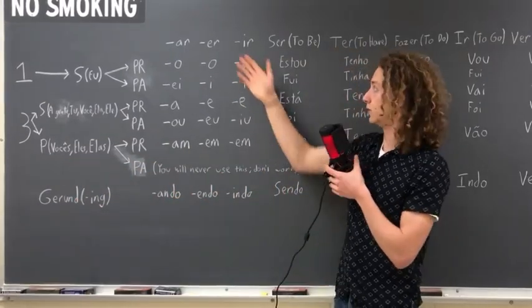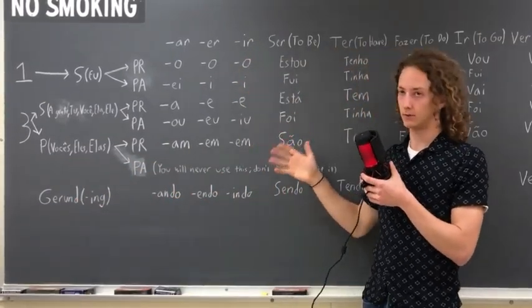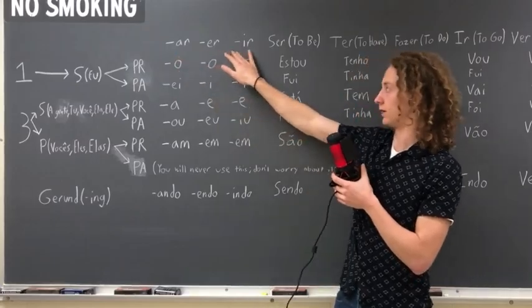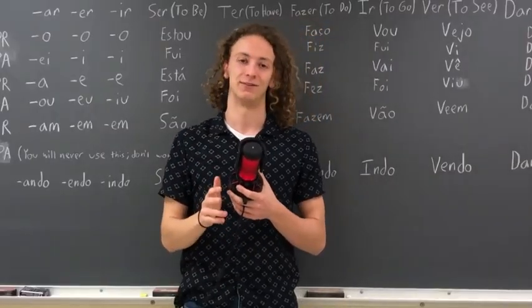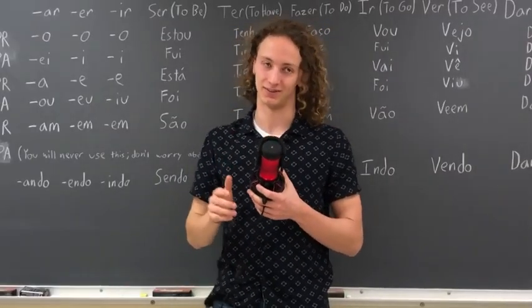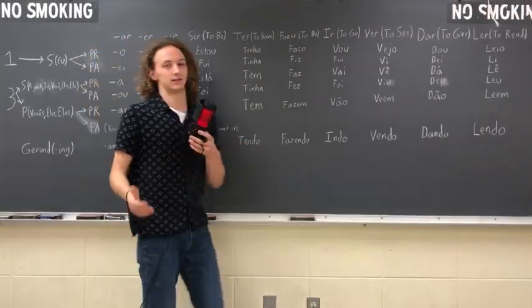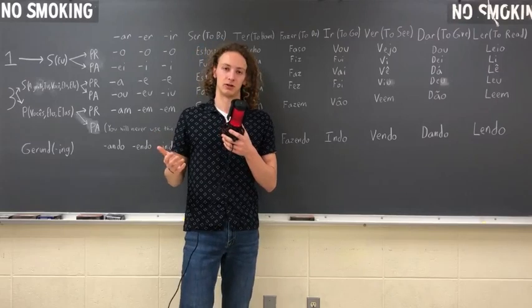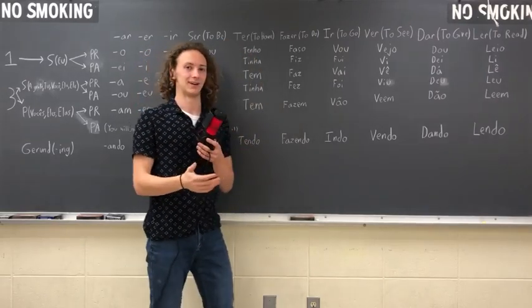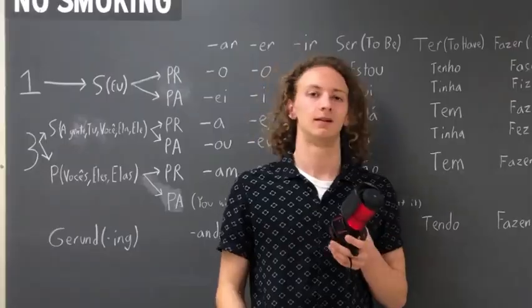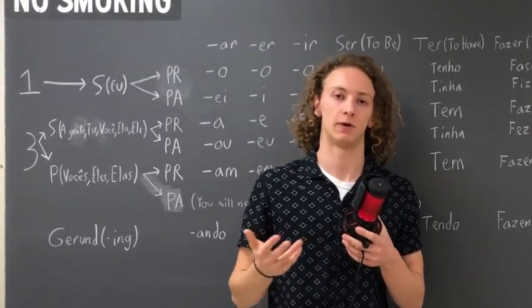And you can do this method with every single verb that ends in one of these three, for the most part. However, there are irregularities, which you can see outlined right here. So let's take a look at an example of how to use this chart for irregularities, which I've also made extremely simple. Let's take the example phrase, he read.